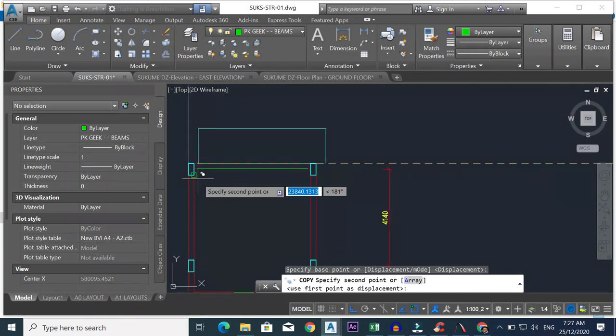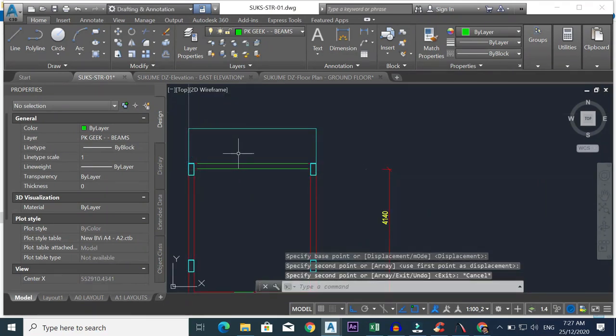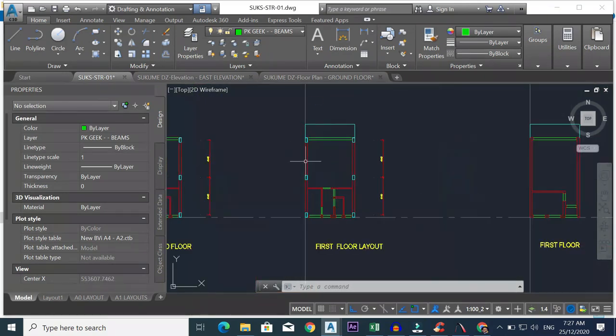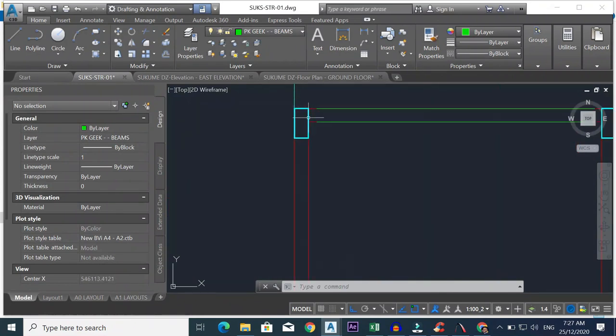So remember, the architect's ground floor layout is what you use to establish the foundation layout and also the first floor layout. But then the first floor layout is what you use to establish the eaves layout. So to establish the first floor layout, obviously you're just going to need